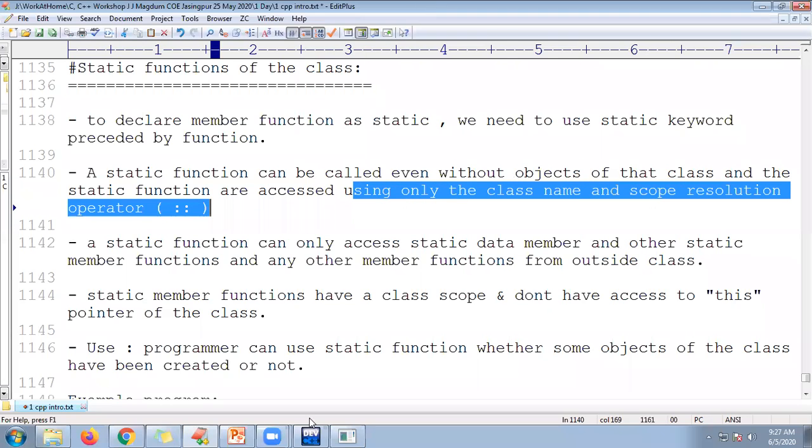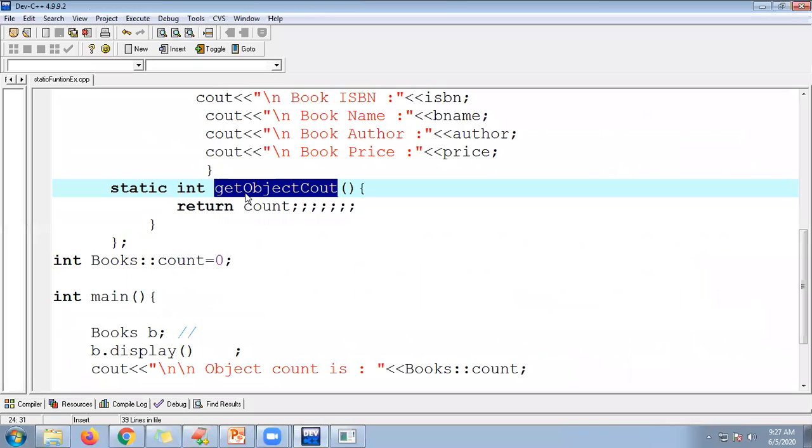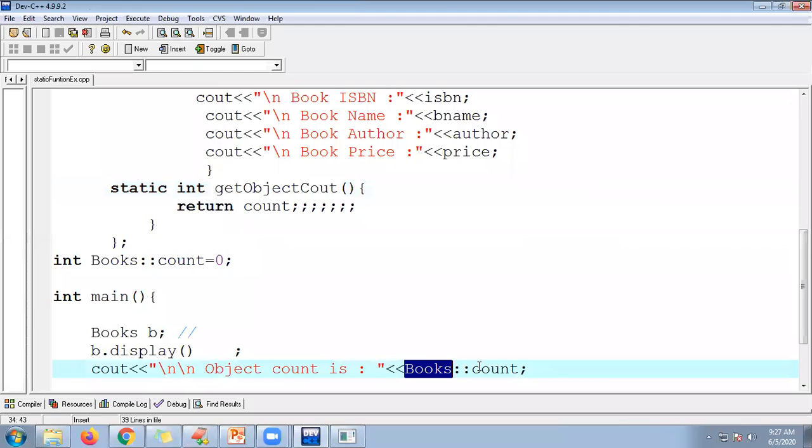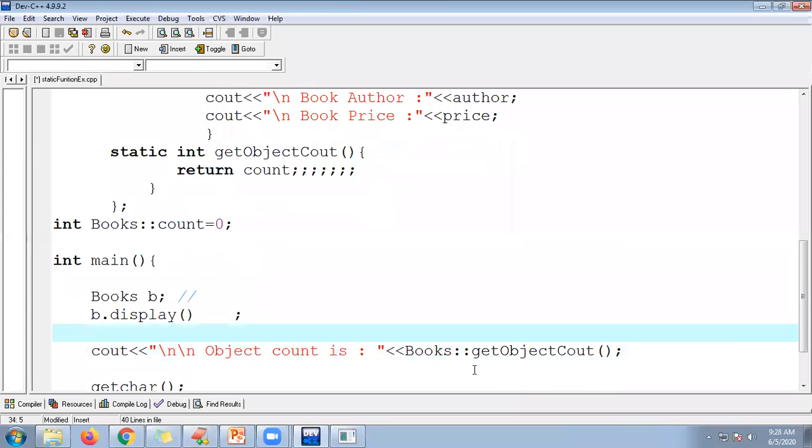So I want to access the static function outside of the class. So here I'm using Books, and here is my function name. Are you following me, guys? So this is the syntax.